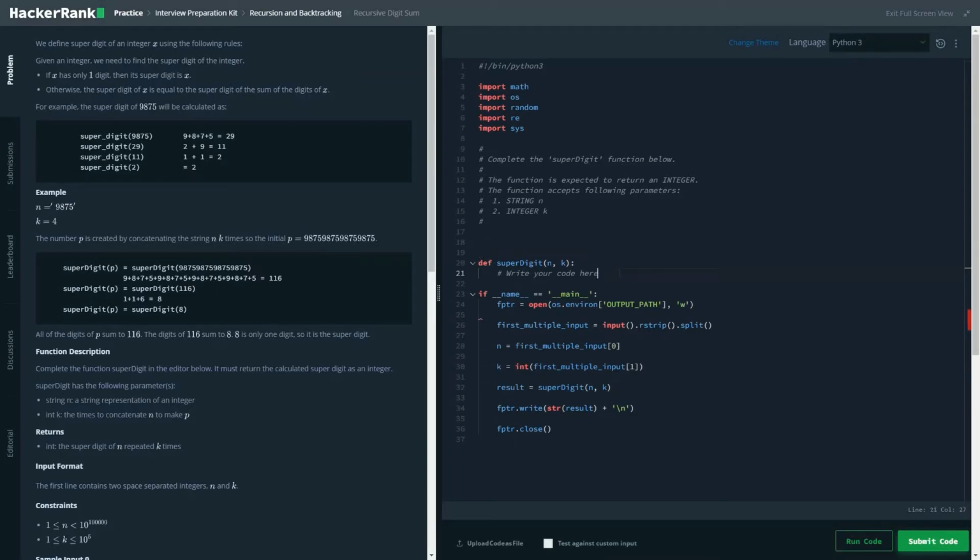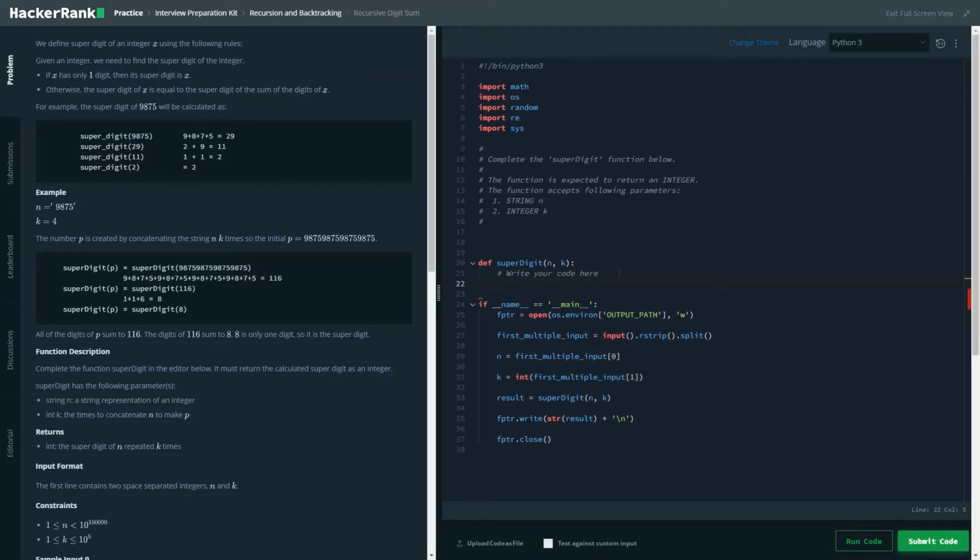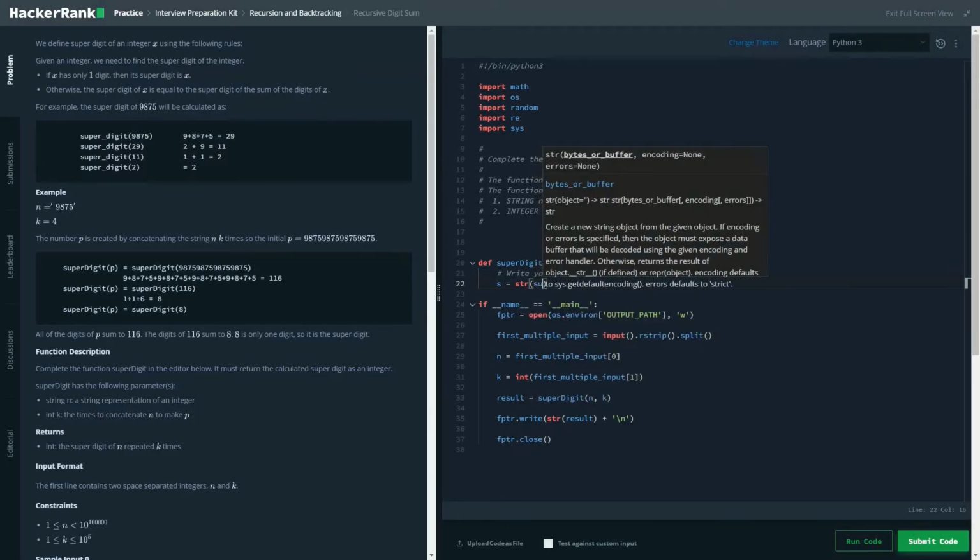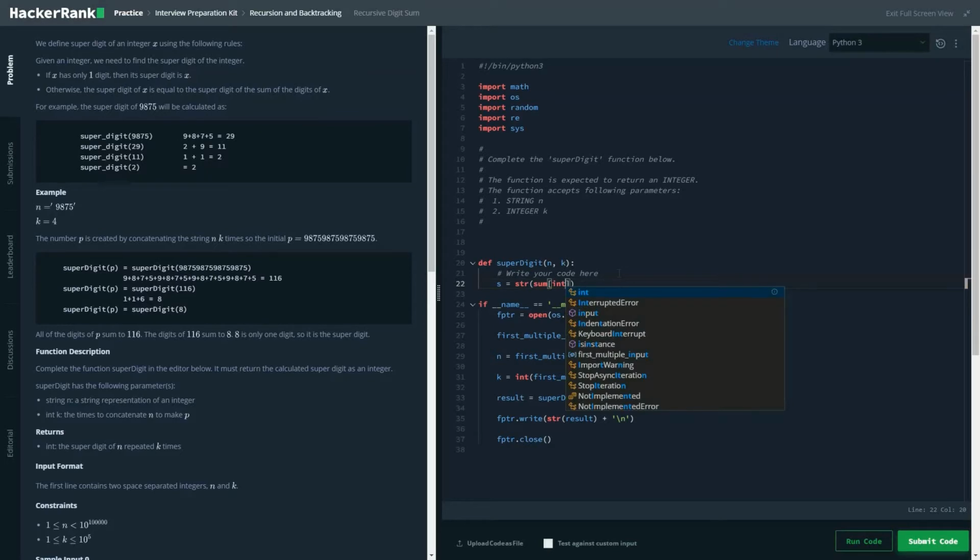So let's start with writing the code. The first thing that we are going to write is the sum, summing up all the digits.